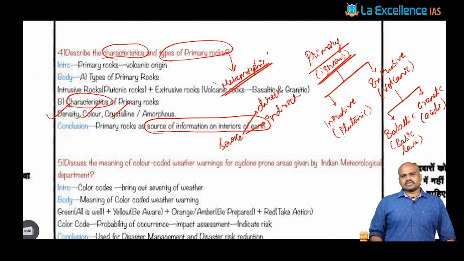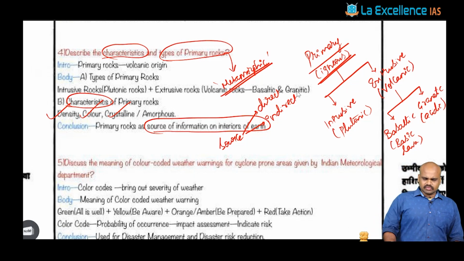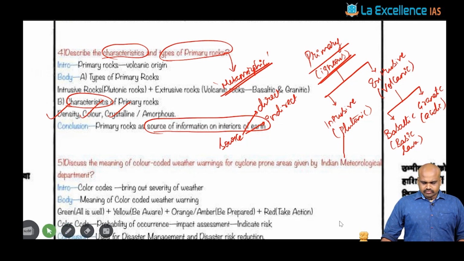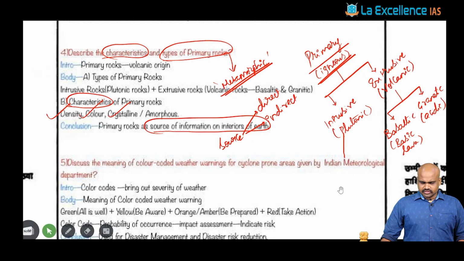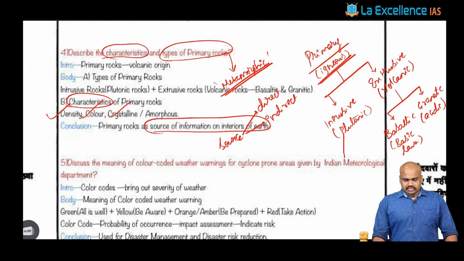One core geography question that was asked was with respect to the circum-Pacific belt, the tectonic activity that is present around the circum-Pacific belt. That is the kind of question that was asked in 2020 also. That's again a core question from geomorphology, right? Now, when we move to the next question,